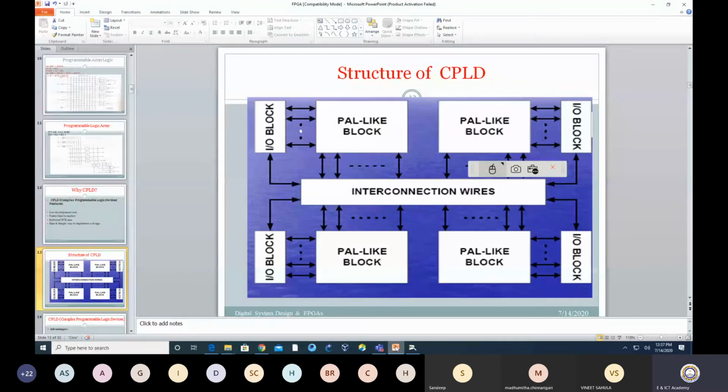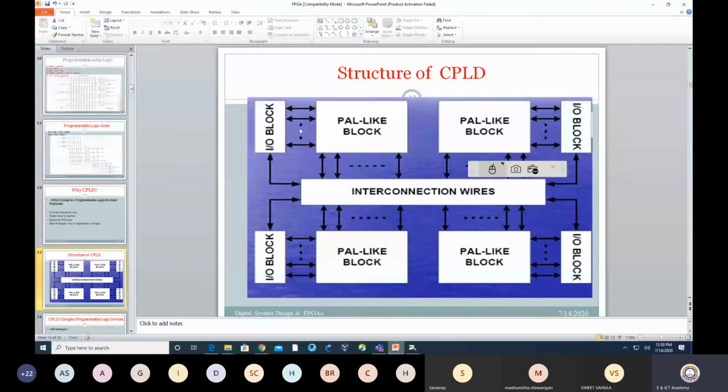If I am thinking about the development of a CPLD, and about the block that I should replicate in my architecture, then it should be PLA. But if you observe in a CPLD, what they have followed is PAL, not PLA. So out of three, they have chosen PAL to implement in a CPLD where it can support some sort of complex design. Now, from the programmability point of view, you all are correct.